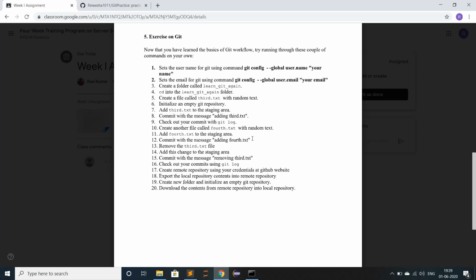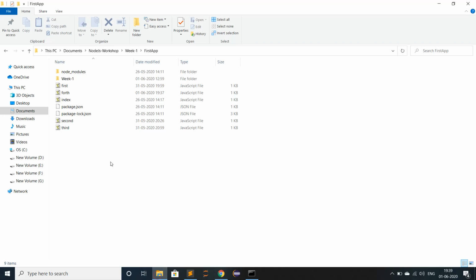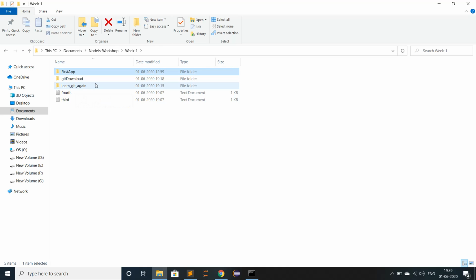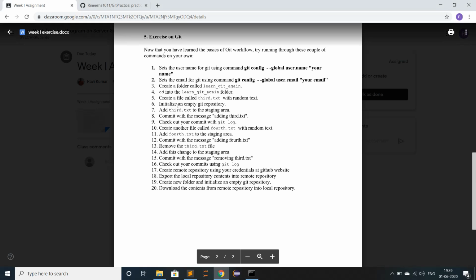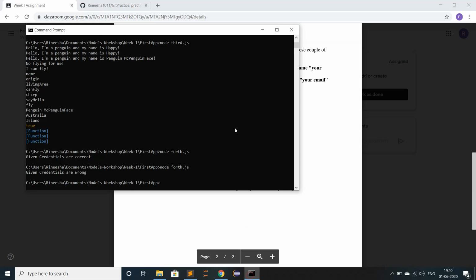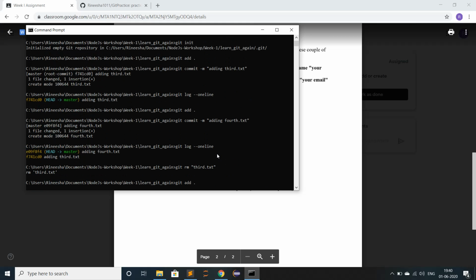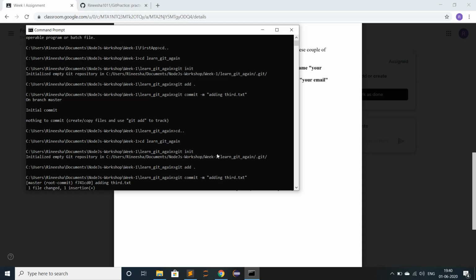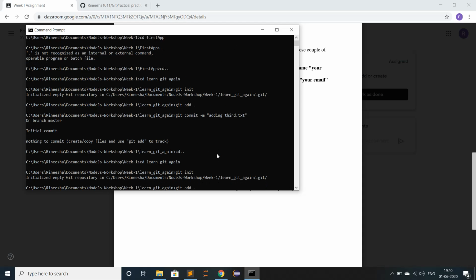And here, first of all, I have created a folder called learn git again. In this folder, I am first initializing with git init. I mean initializing an empty repository. See, this is the step: initialize the empty git repository. Then add one random file to the staging area and commit. See, I have done this. I will show the